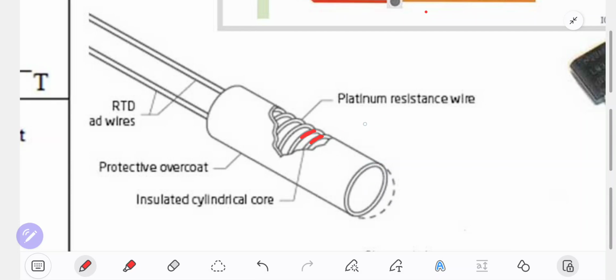Next, what is the function of the platinum resistance wire? It is used to send electrons to the voltmeter, depending on what you use. For example, we use platinum material. Platinum is a common material for this sensor, and